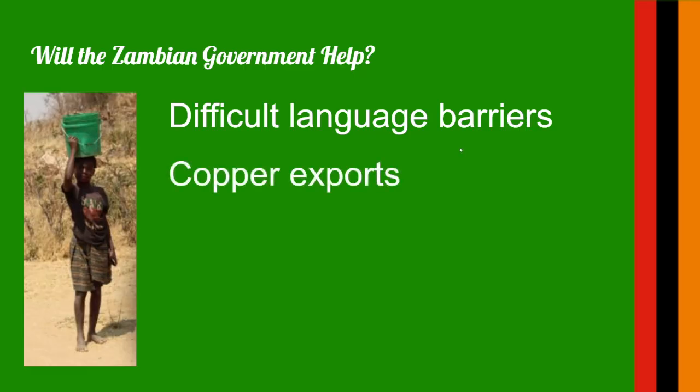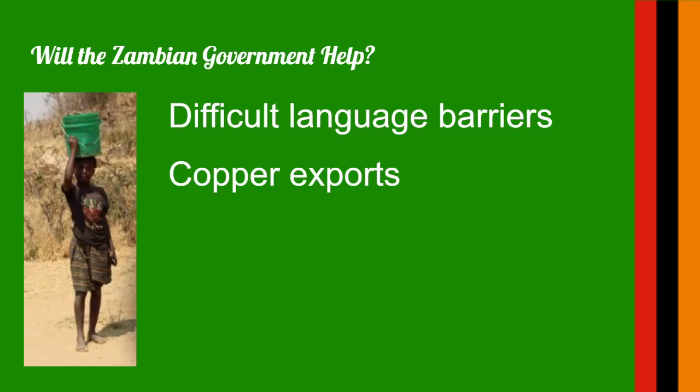So in order to get into the primary business of Zambia, which is copper exports, or to be in any type of education, you have to learn English. But once again, why would you learn or go to school in an area of Zambia where you can't even survive except by subsistence farming, the main staple food there?